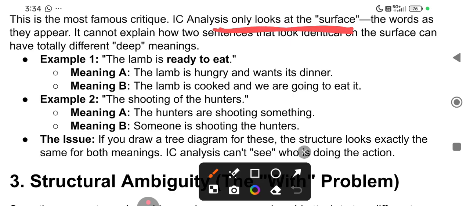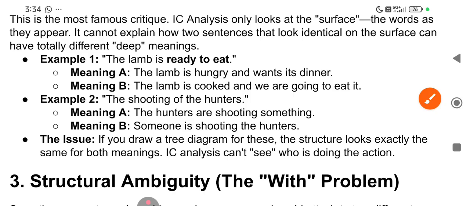IC analysis only looks at the words as they appear. I gave you an example: I go to college. I is a pronoun, go is the main verb, to is a preposition, college is a common noun. The sentence cannot be analyzed in this way. So that's very superficial. It looks at the words as they appear, but the meaning is different, and it cannot explain how two sentences that look